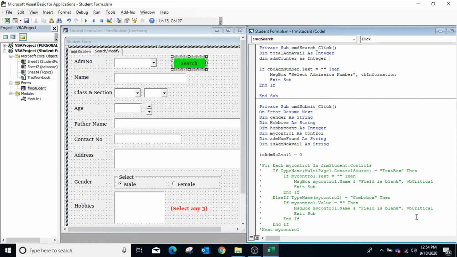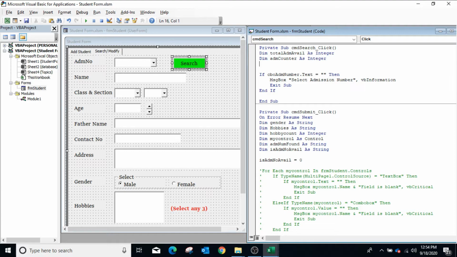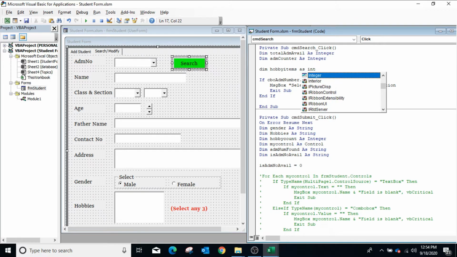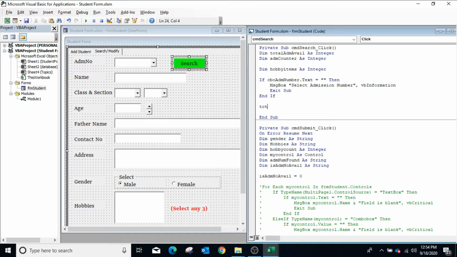In this user form, we have a list box also. Declare a variable to get the values of the list items. So dim hobby items as integer.